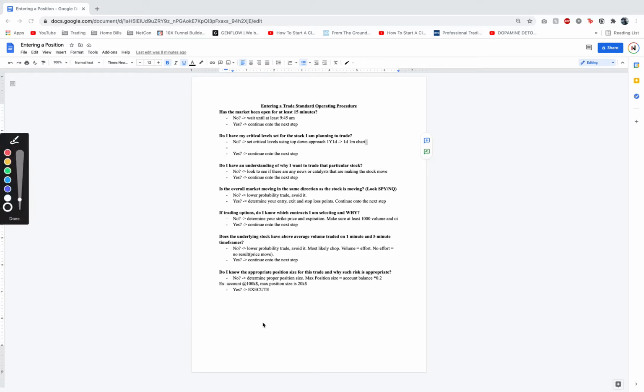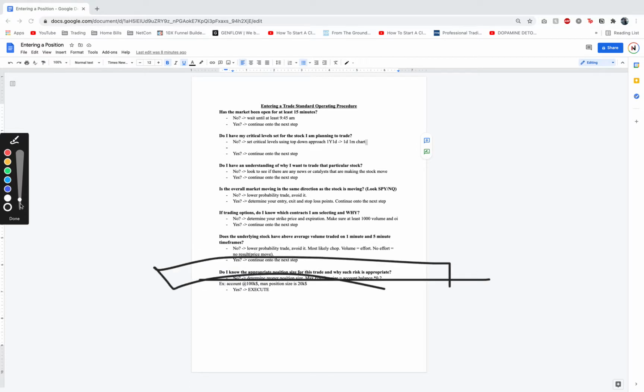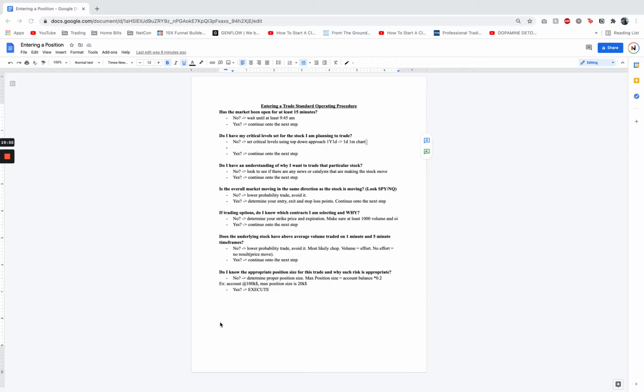So once I figure that out, let's say I do understand that there's higher than average volume, I move on to the last step we have here, and that is determining the appropriate position sizing for that particular trade. What I mean by that is how much am I going to put into that trade based on